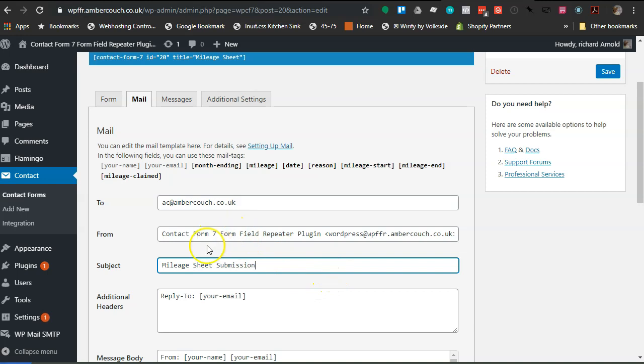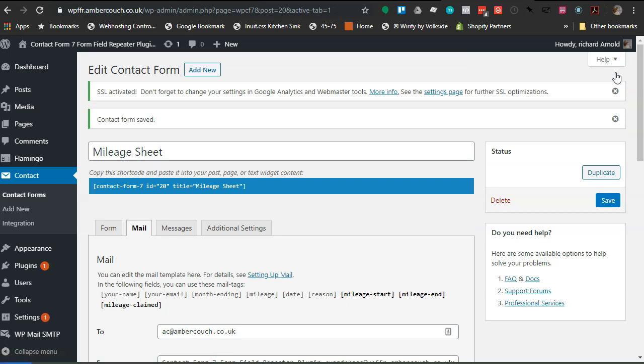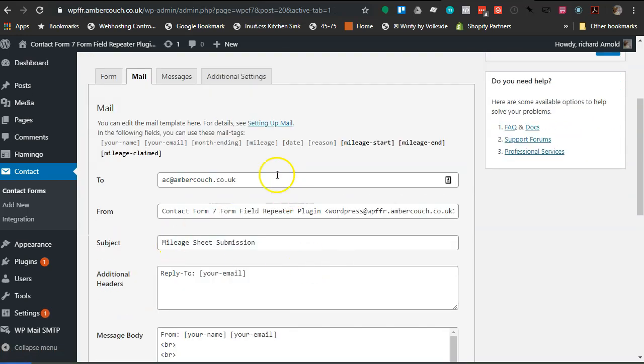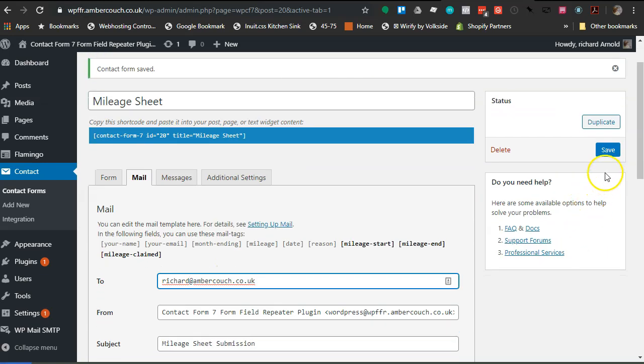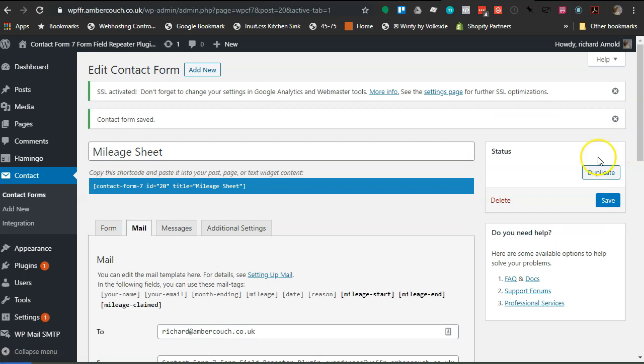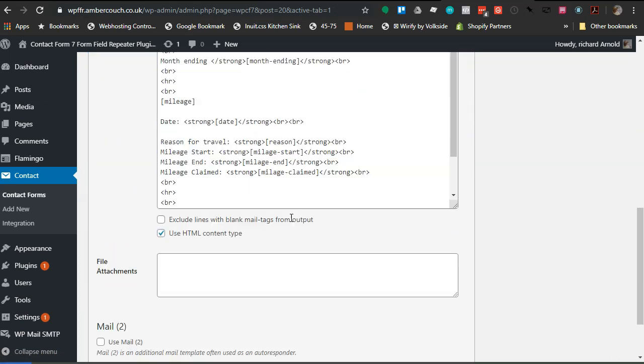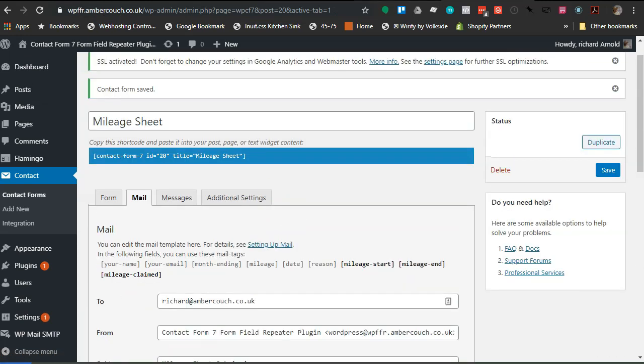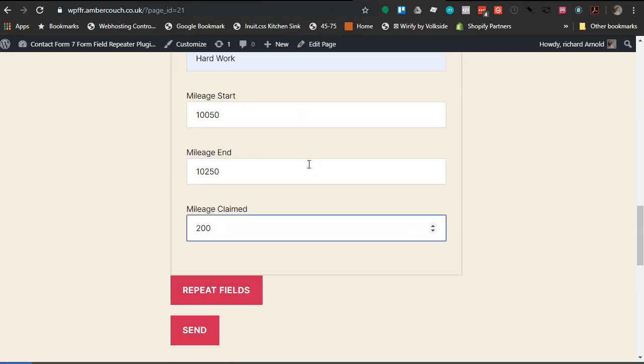And you can leave everything else the same. Click save. Just going to change who it's going to, so it's actually going to go to me. So that's everything. So now when we click back on here, if we click send,